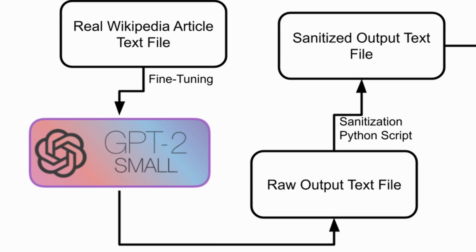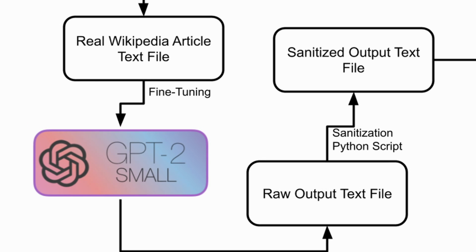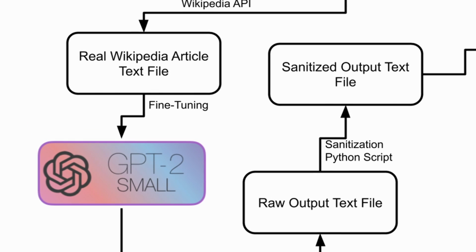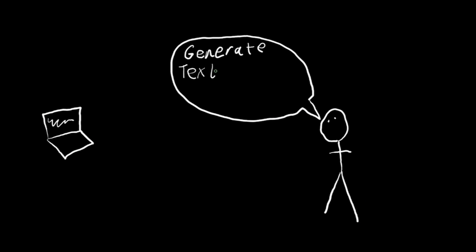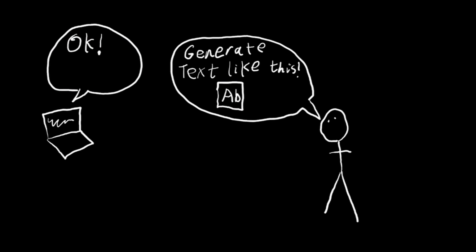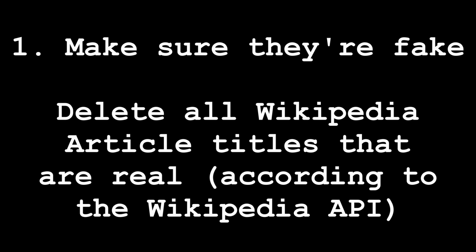I had to sanitize these fake articles, filtering out things that I didn't want in the final product. This involved several different steps. Firstly, and most importantly, these articles weren't necessarily fake. The AI was trying to generate texts like the text that I gave it, and the text that most matches the text I gave it is, well, the exact text that I gave it. So the first thing my sanitation script had to do was go back through the fakes and check each one of the articles to see if it was a real Wikipedia article, which I did by using the Wikipedia API and trying to get data on all the articles with corresponding names.